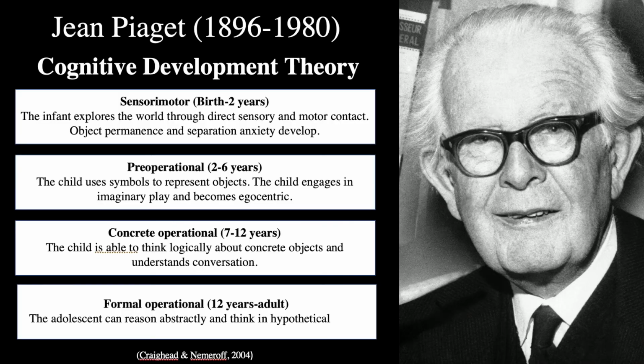Jean Piaget believes there are 4 stages of human development, which he called the cognitive development theory. The first stage he called sensory motor, sensory meaning the 5 senses are being used to understand the world, motor referring to the use of muscles. In the sensory motor stage, the child only knows what he or she experiences physically.